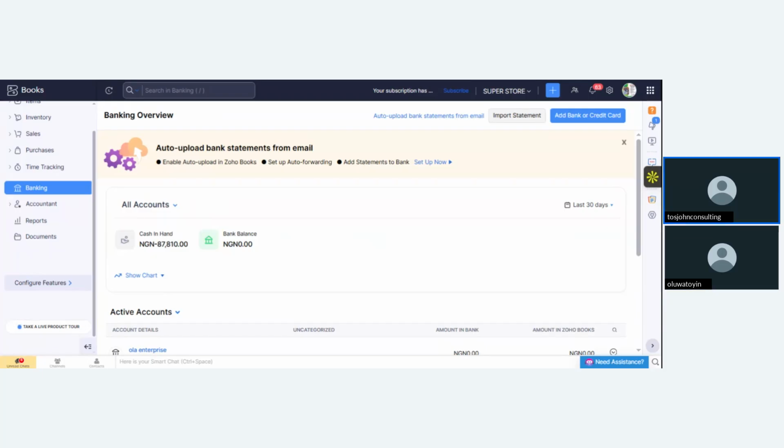So that is how it is. You come to banking and then you register your business bank account here, because we are only interested in the business company on this posting that we are doing. We dwell so much on banking because it covers your CAC, your tax registration, onboarding on the tax plan. It also covers opening a bank account before you come here to register it in the software. Do you understand now?